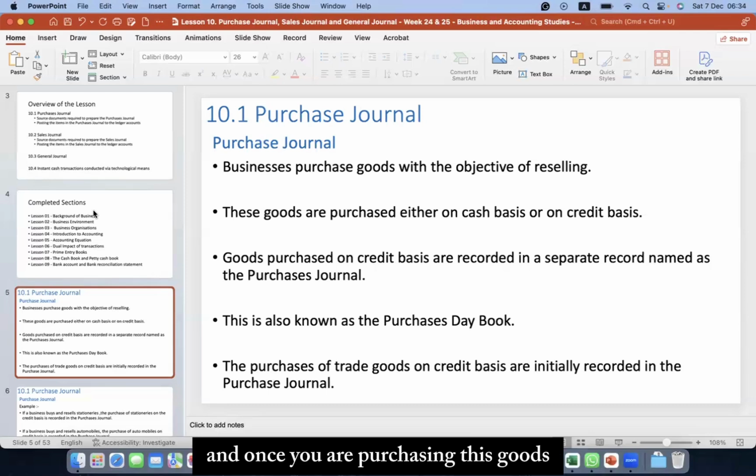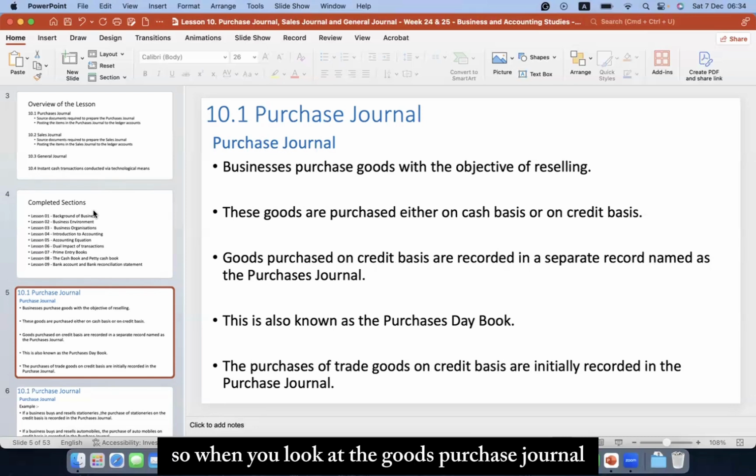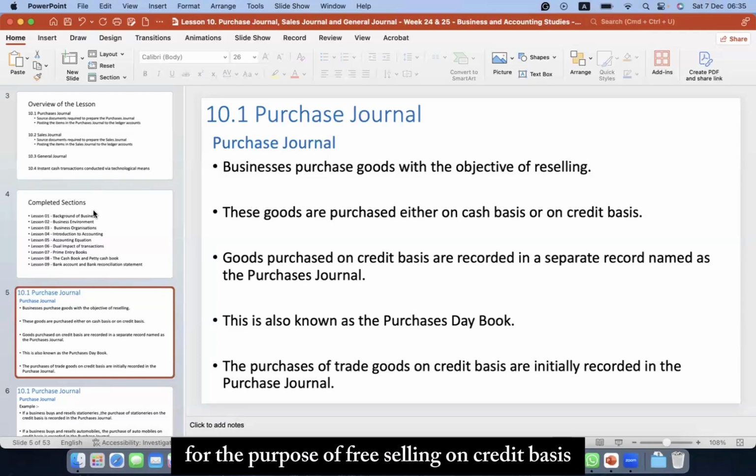And once you are purchasing these goods and selling them, you can sell it based on two bases. One is cash basis, the next one is the credit basis. So when you look at the purchases journal, we record credit basis goods. Now, goods purchased on credit basis are recorded in a separate record named purchases journal. Okay. Now, simply, if you purchase goods for the purpose of reselling on credit basis, we initially record it in